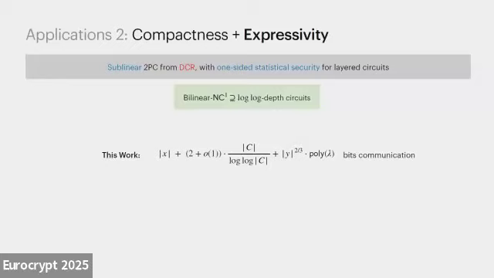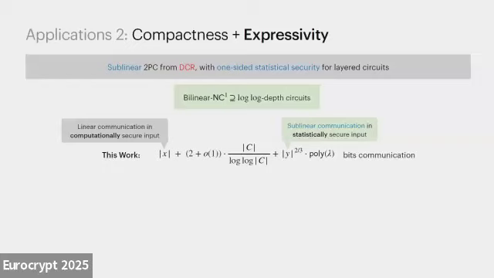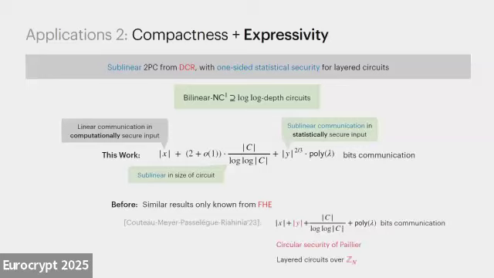So, this is the communication cost of our protocol. We get linear overhead in the computationally private input. We get sublinear communication in the information theoretically secure input. And we get a log-log factor saving in the circuit size. So in the interest of time, let me be brief here. Previous similar results were only known from FHE. And prior group-based constructions had a linear overhead in both inputs and had stronger